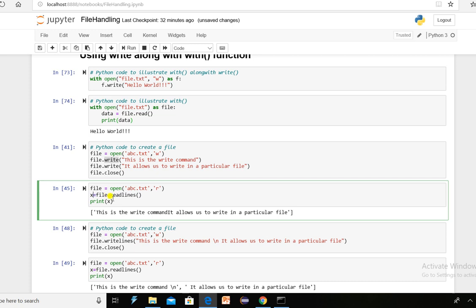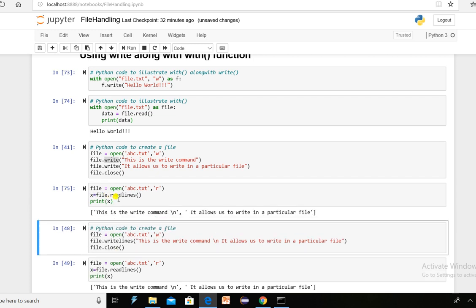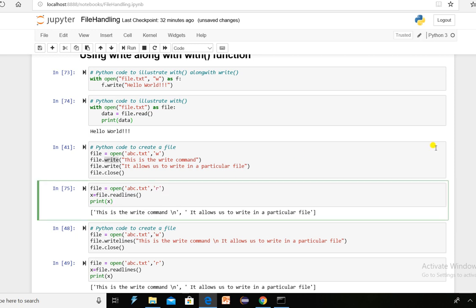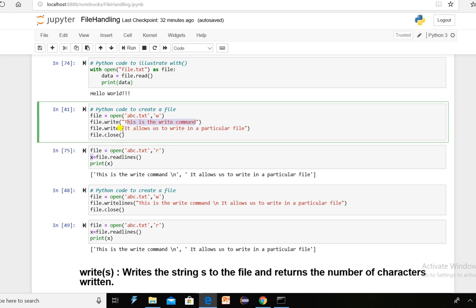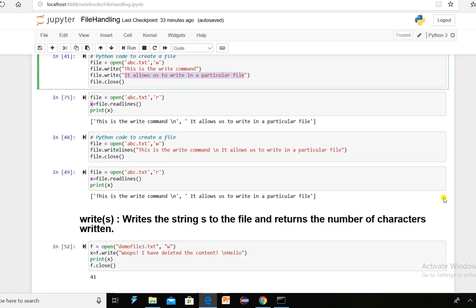If you execute this code, abc.txt in read mode, the readlines method will return you a list of strings. This will be your first string and this will be your second string, a list of strings in your file, and every string ends with slash n except the last line of the file.